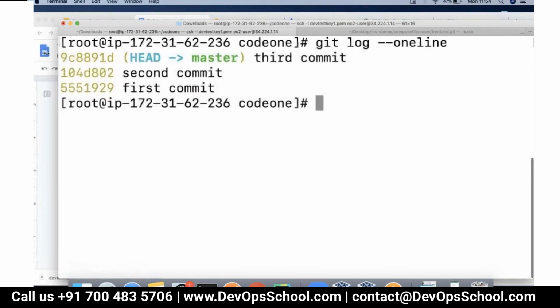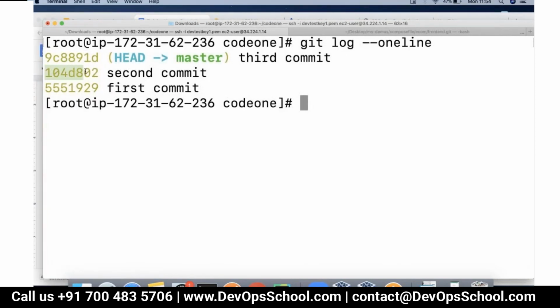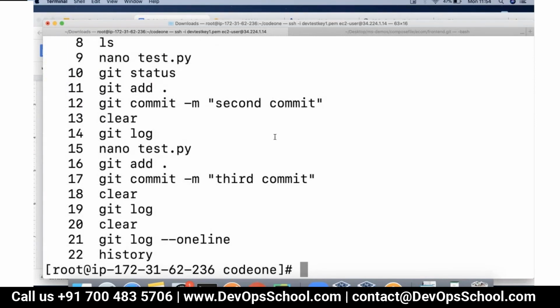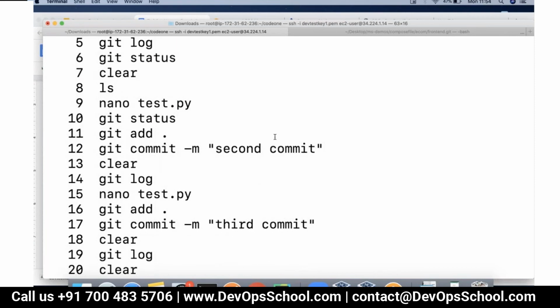You can see these IDs that serve as a snapshot. Now we have made multiple commits. Next I'm going to talk about how you can move between different commits. Let's say you would like to go back to the second commit or first commit, how can you do that? We'll talk about that. I hope it is clear how we can make multiple commits, and how every time you make a commit, the code is back at a zero state, and then when you write something, it moves into the untracked phase, then staging, and then commit. That's how it continues to move.